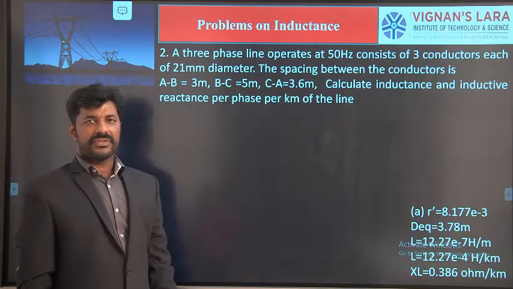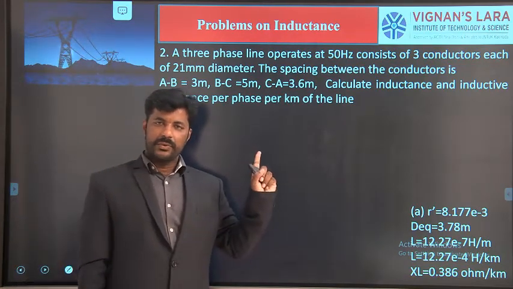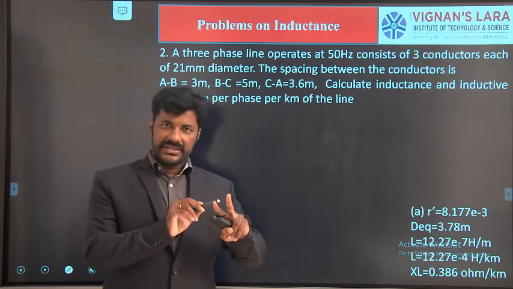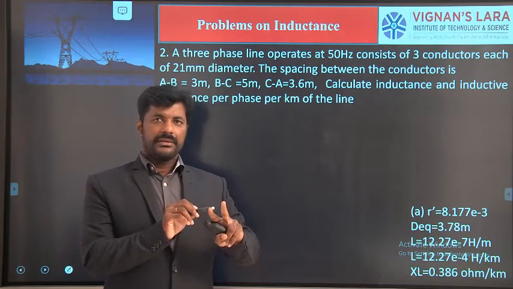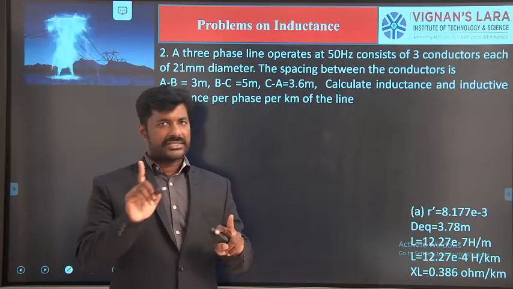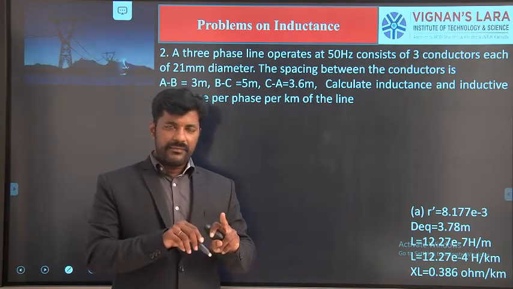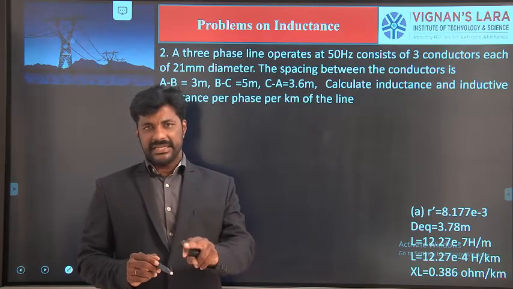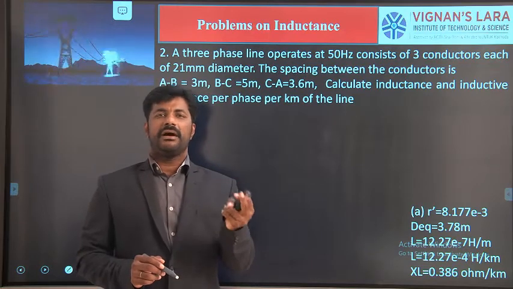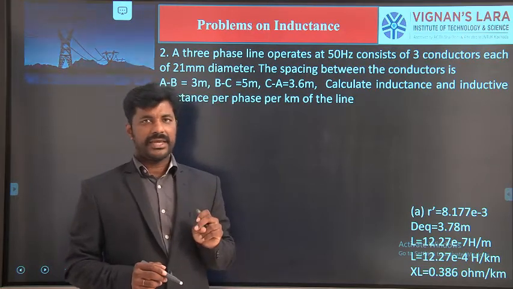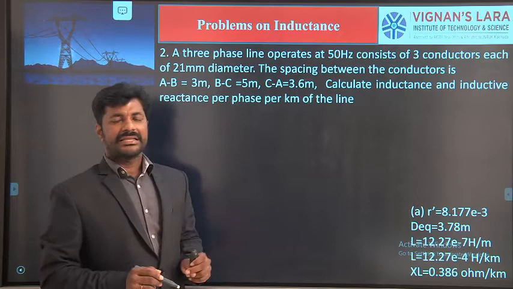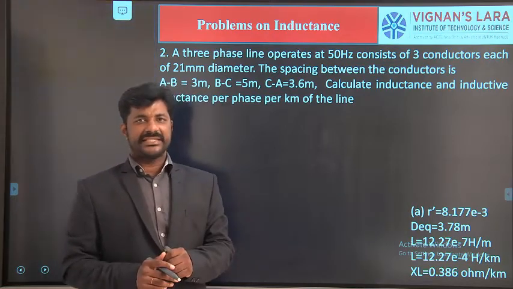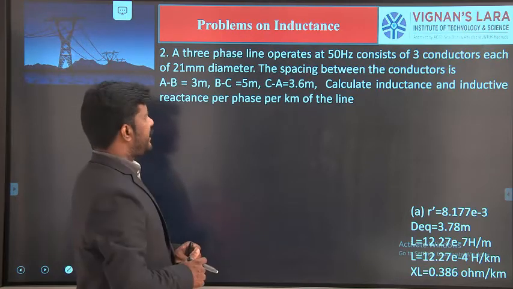Calculation of the inductance of a 3-phase line. In the first example, we covered 2 models. Calculation of the inductance of a single phase conductor with pure conducting material having mu r is equal to 1, and in the same problem we calculated the loop inductance if the conductor is made up of steel having a relative permeability of 50. And this is the second model. The second model problem is related to the three-phase 3-wire system. Let us go to the problem in depth.